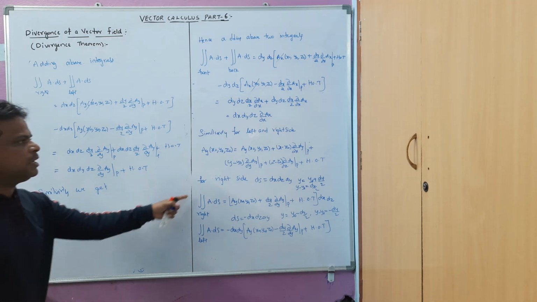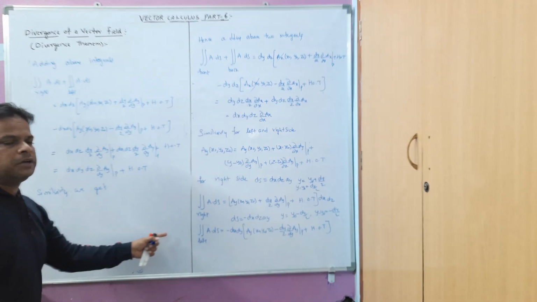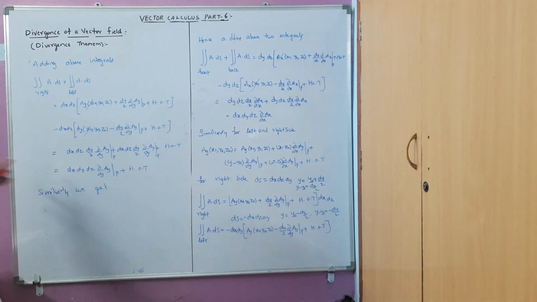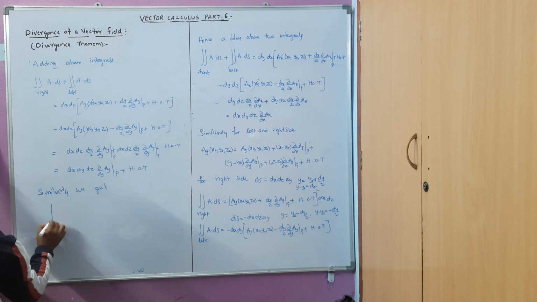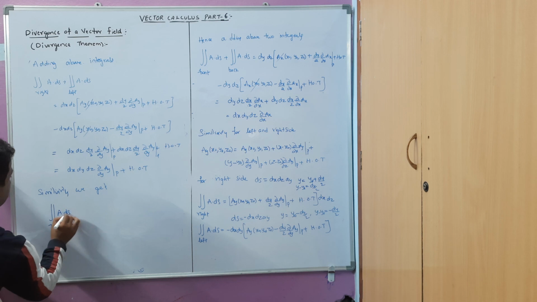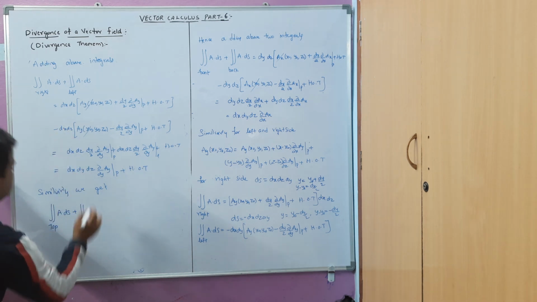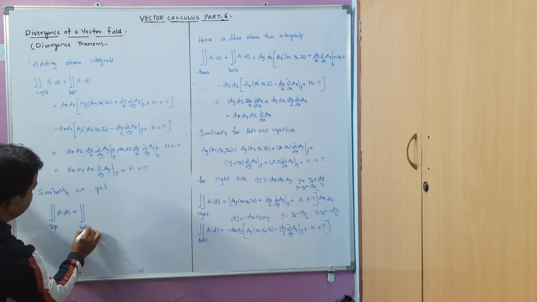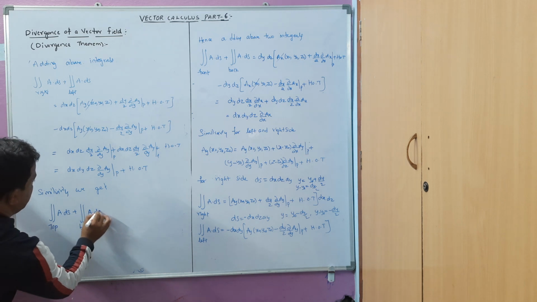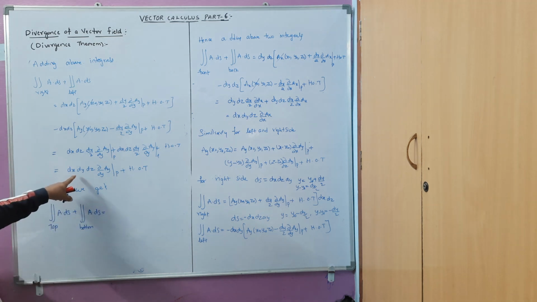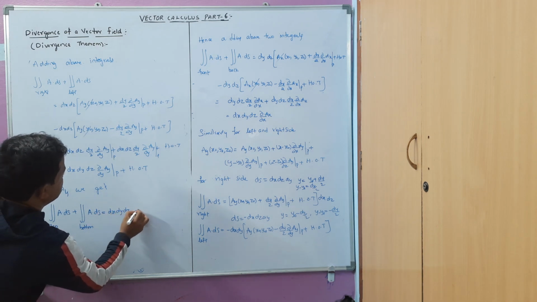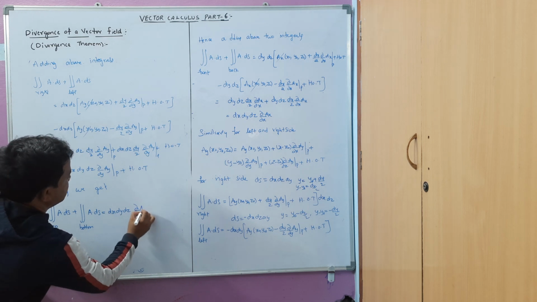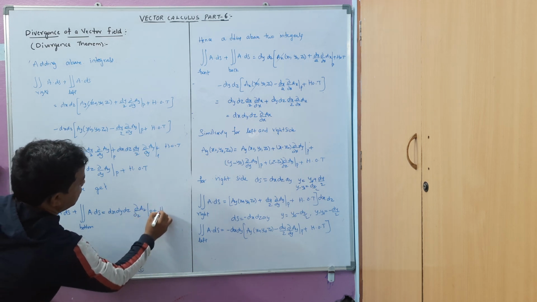So I think it is familiar. If you want to write it, it is okay. If we have understood, we can write directly here. So similarly I can write for the top and bottom integration of a dot ds directly here, because I don't want to repeat the similar steps again and again. After adding these, we will get dx dy dz dou by dou z of az at point P plus higher order terms.